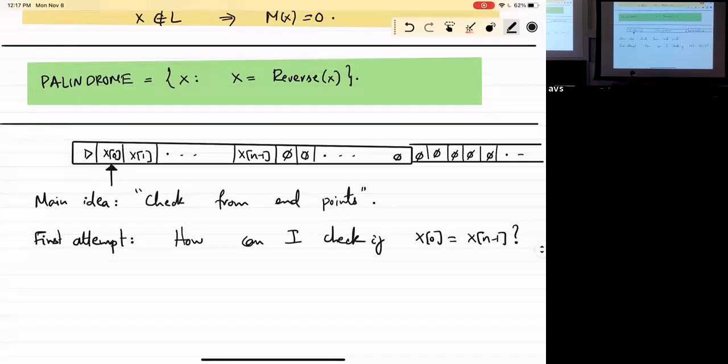How can my head recognize that I've reached the end of the input? Head is pointing to an empty symbol. Then you know that you've reached the end, and then you have to step back, because it's all local.